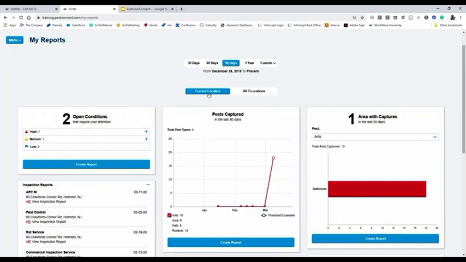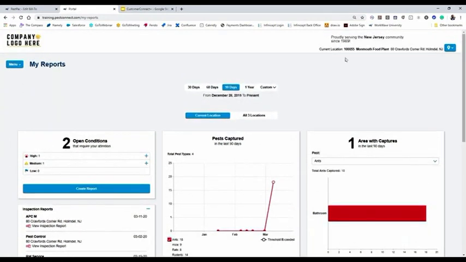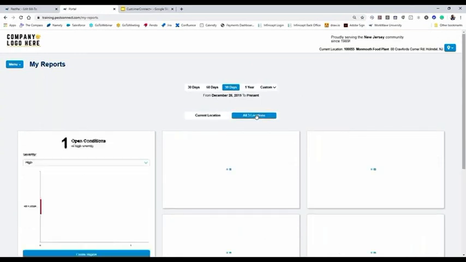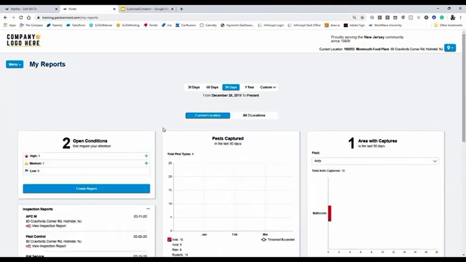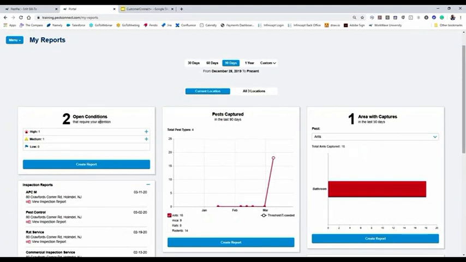We are currently looking at the location, which is indicated right here. If I wanted to select two or more locations, I can certainly do that, and I would just choose all three locations, or however many locations are tied to that bill-to. We'll just stick with the current location and comb through some of the report widgets here